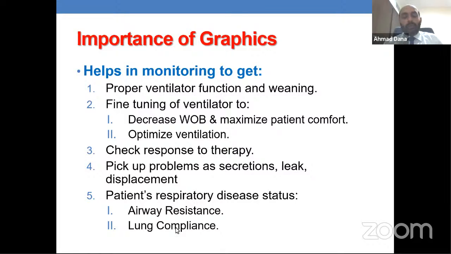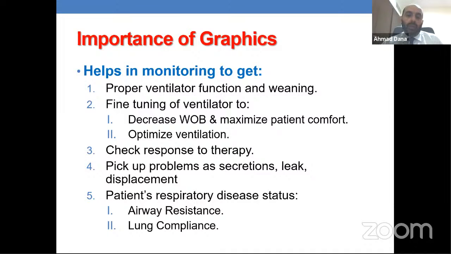Let us give an example. If you have a balloon, one is new and another one is an old balloon. The new balloon, which is stiff, represents a poor compliance lung. When you try to inflate it, you have to generate a high pressure to open up this balloon. So this is